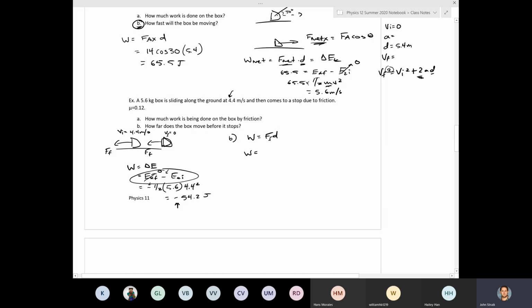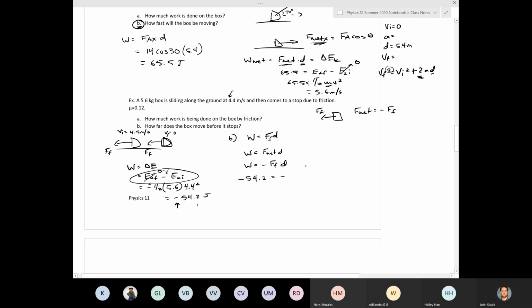So technically it's F net times D. In this case, if you look at our free body diagram, the F net is negative FF. That's the only force acting in that plane. So work equals negative FF times D. If we do that, our work being done on the block by friction is negative 54.2 equals negative